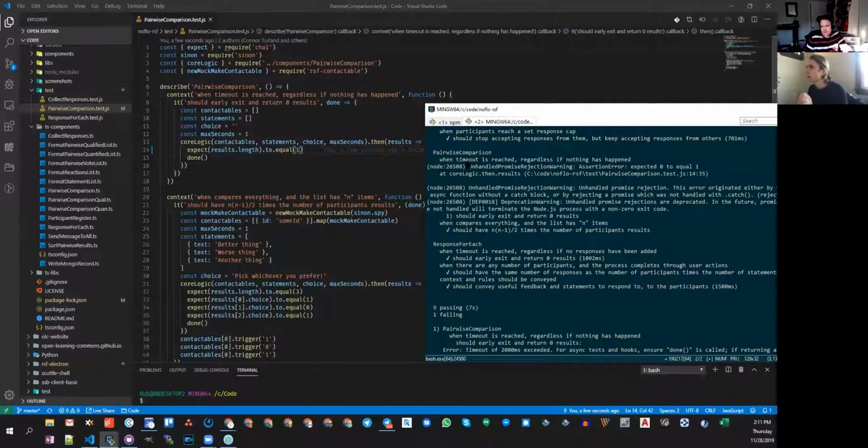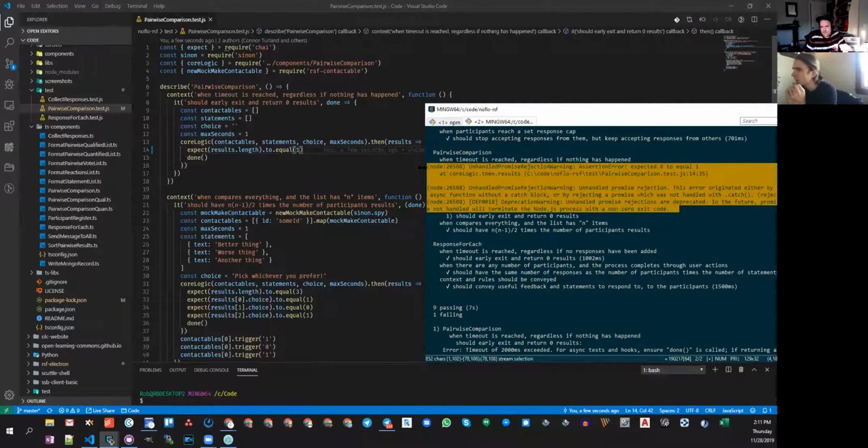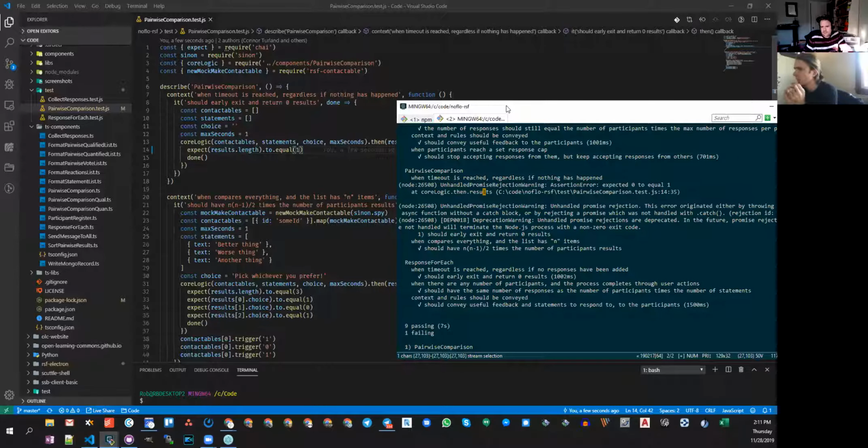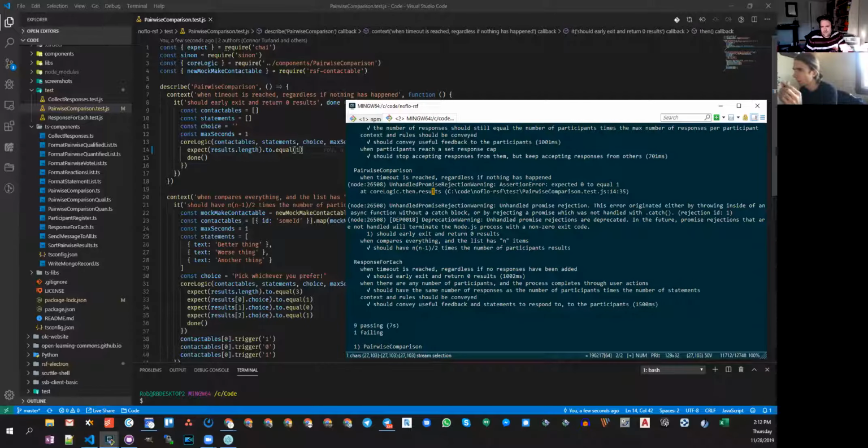Yeah, it gave us the error too. Well, I guess it's throwing an error, but it continues anyways. And essentially it says what went wrong. It says expected 0 to equal 1. So that was the assertion.